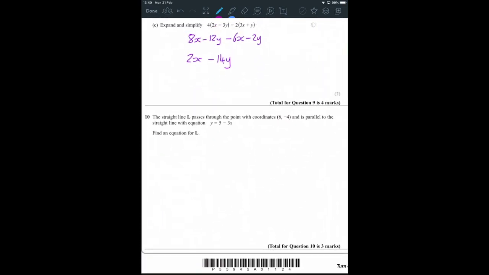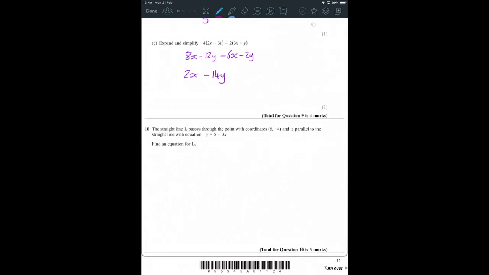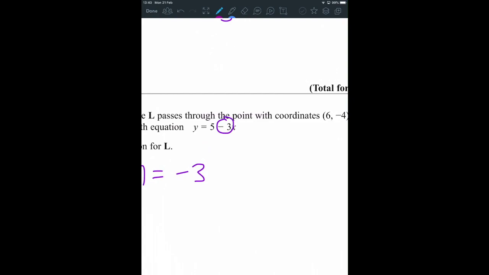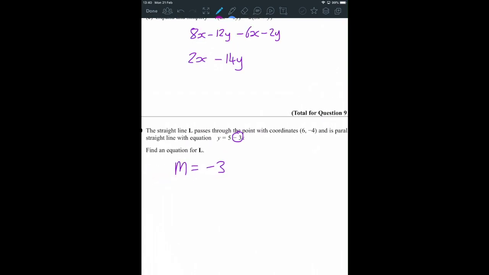A straight line is passing through a point and is parallel to another straight line. Parallel has the same gradient. The gradient I'm going to be using here is -3, from the -3 in front of the x for my second line. It's going through a point with those coordinates, so we need to sub those into our y equals, well, it was mx plus c,